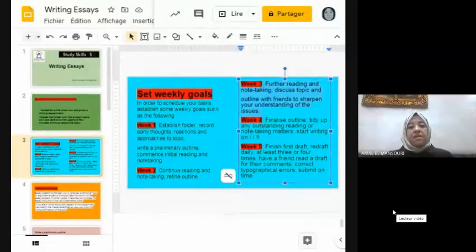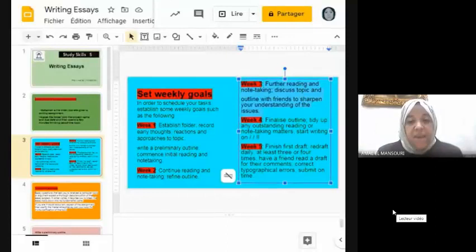This stage is very essential because sometimes you might come up with ideas which are wrong. So before starting to produce your essay, you have to discuss your outline with your friends because they are going to offer you great help, and sometimes they would clarify the ideas to you.